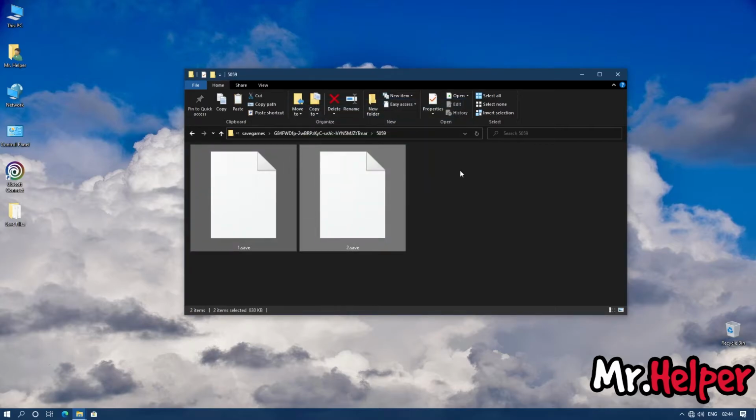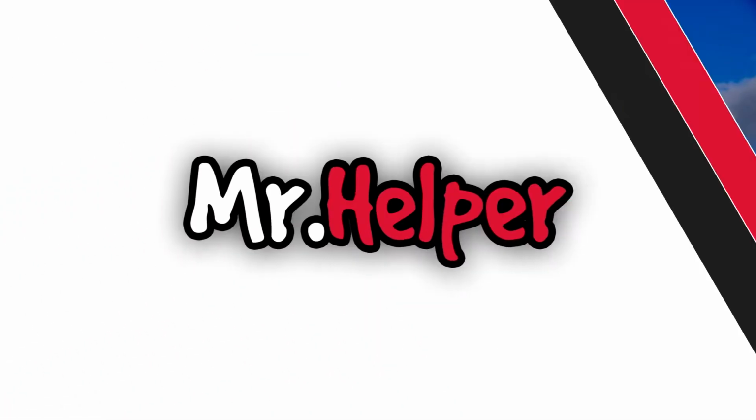In case you want to know why it requires administrator permission, let me tell you this. It requires administrator permission just because I am pasting all my save files in my C drive. If you are pasting your save files in your D drive or E drive, you don't need this permission. You won't be asked to provide any administrator permission. Now simply run your Assassin's Creed Odyssey and you are going to see your save files over there.